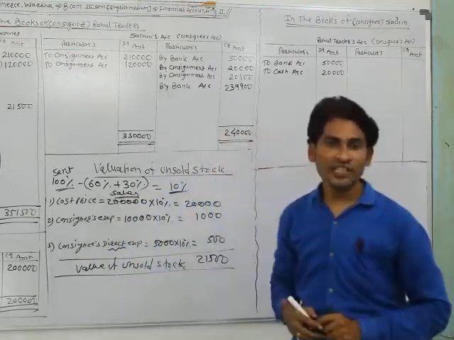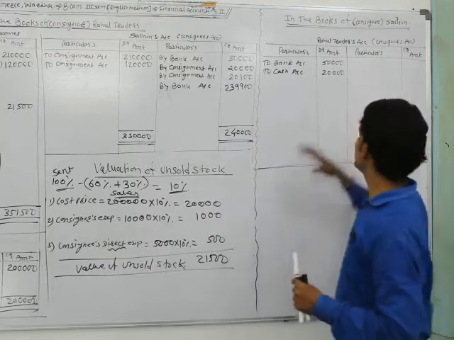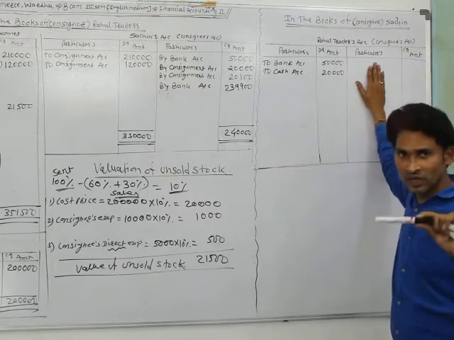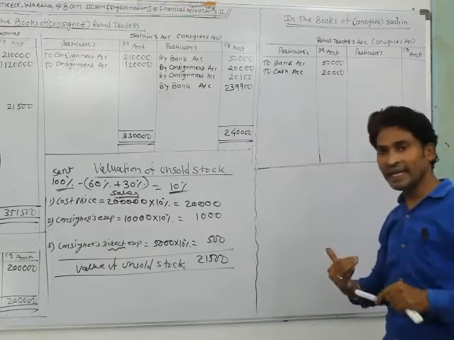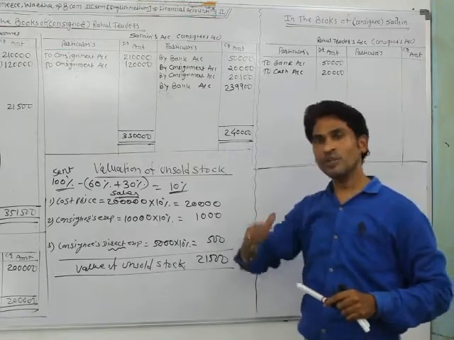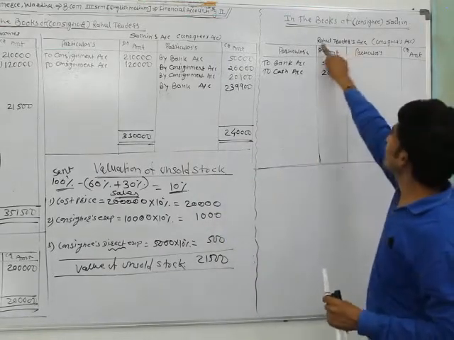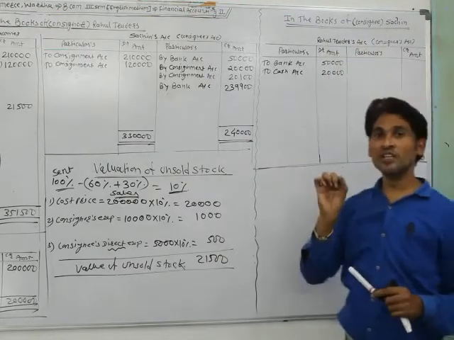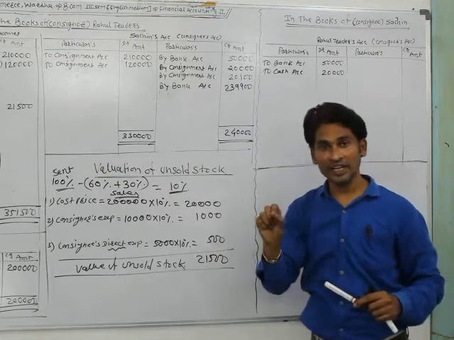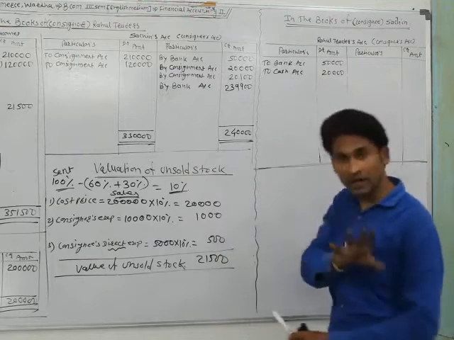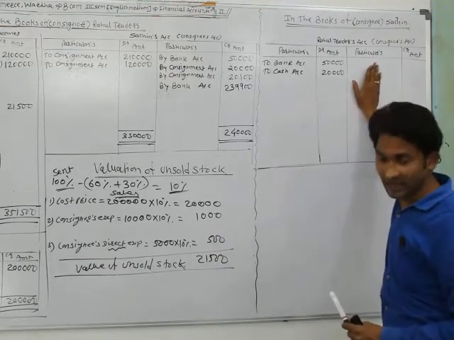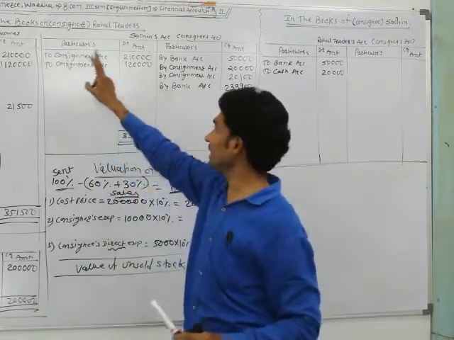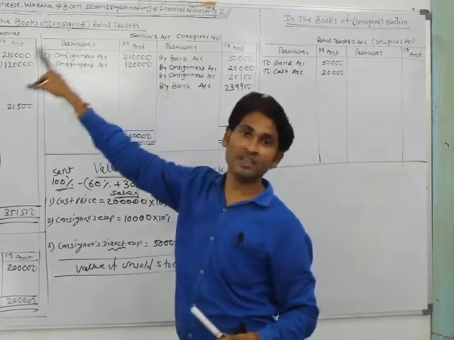After that, it sold the goods. Sachin sold 60% of the consigned goods on cash. At that time, it passed a journal entry. When the consignee sold the goods on cash, the entry is cash account debit, and this amount is due to the consignor. It is the consignor's amount. So when it gets the cash, it debits the cash account, but it needs to pay this amount to Rahul Traders, so it credits the Rahul Traders account.